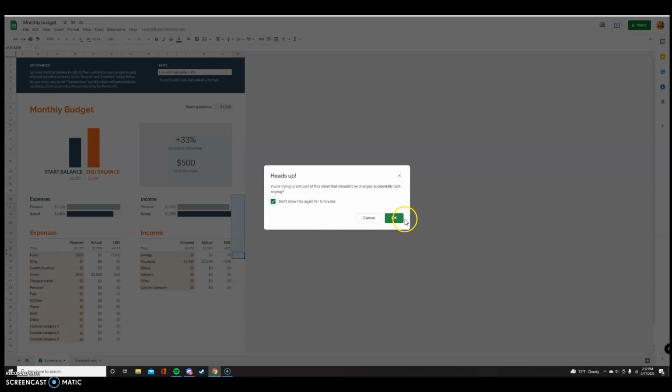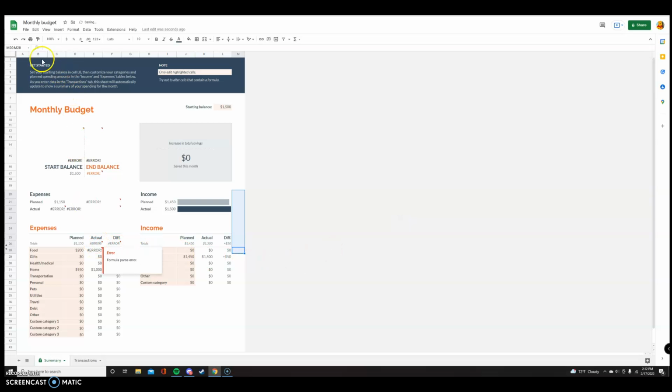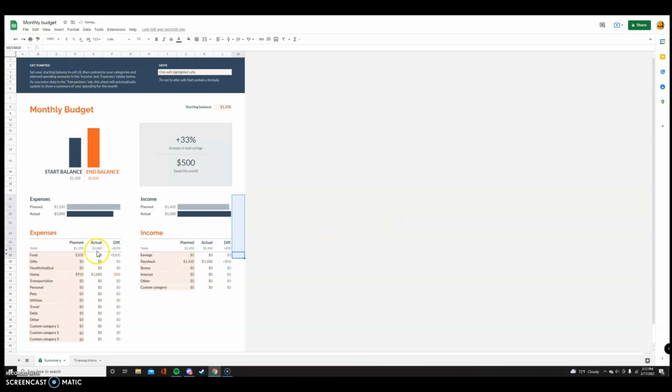This is just a heads up, thinking it might be an accident. Let me try that one more time. And let me try to put it one more time in. There we go. So the difference is going to be I lose $50,